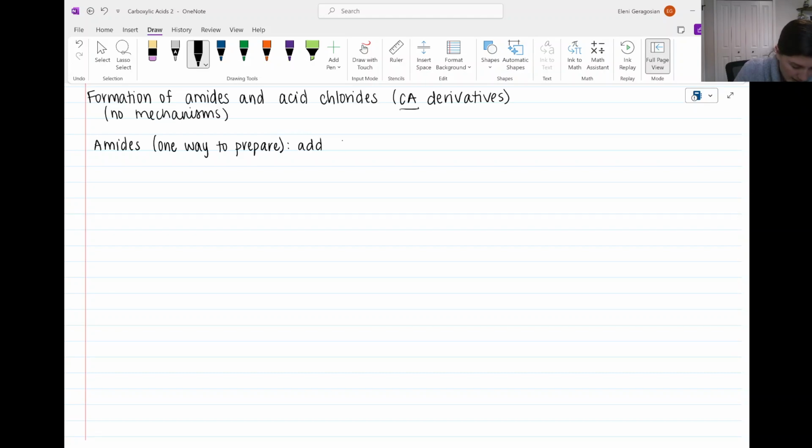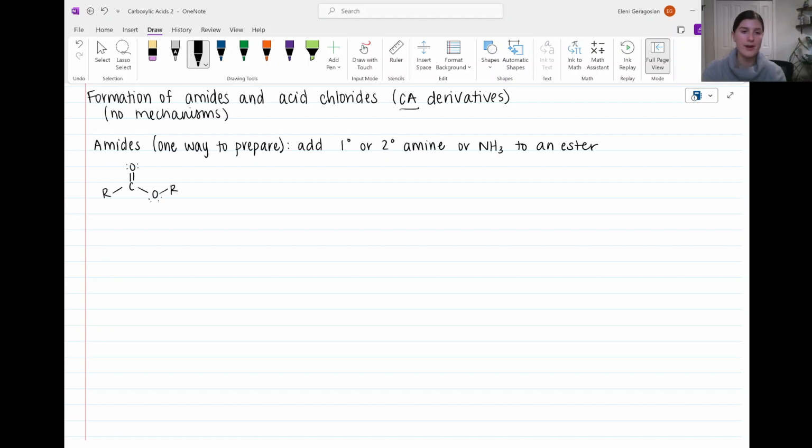So if you add a primary or secondary amine or NH3 to an ester, in the presence of heat, that will generate an amide. So let's look at a general scheme. If we start with an ester, so a carboxylic acid derivative, the ester functional group, the one oxygen is bonded to another carbon chain. If we add in a primary or secondary amine,